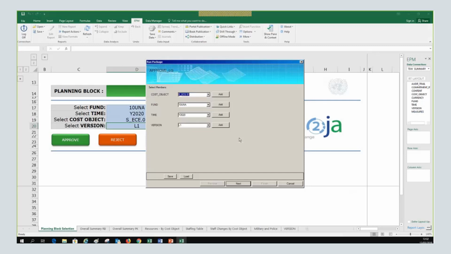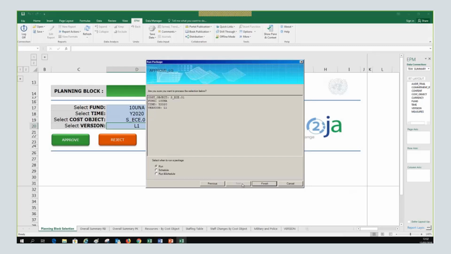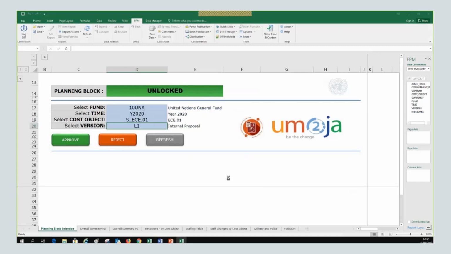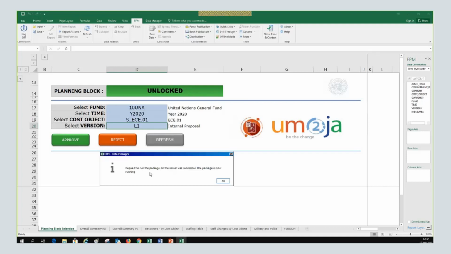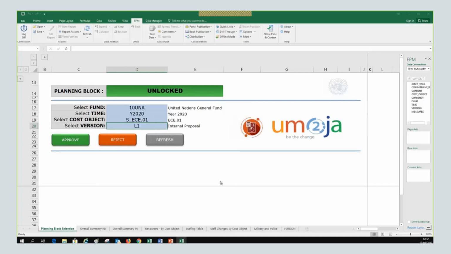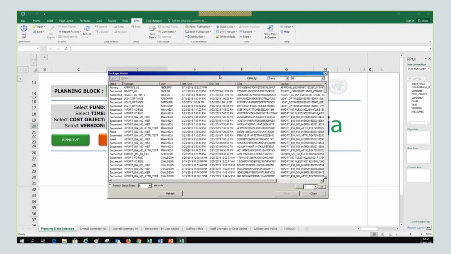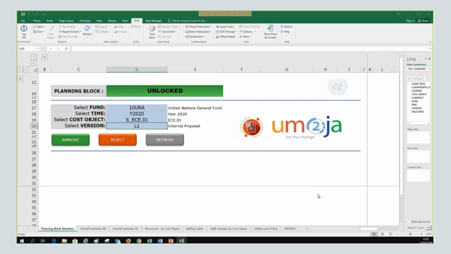And then this is in the job aid that we are going to share with you, but it's important that you don't touch anything, because this is part of the macros of how the system has been designed. So you only have to click on next and click on finish. Nothing weird. The system is giving you a message saying that the request to run the package is now running. So we click on OK. And we get another message, very weird, that we only have to click on close. This is just information about how it went.